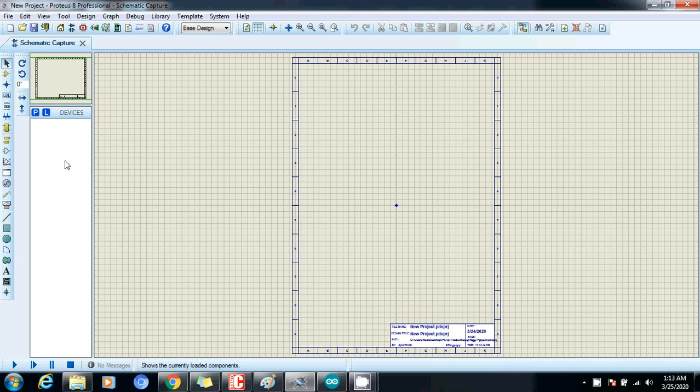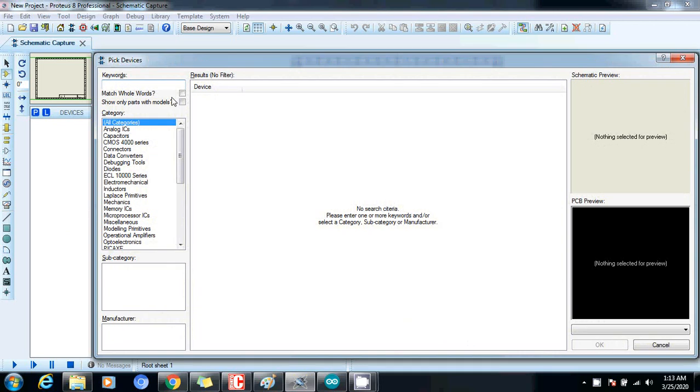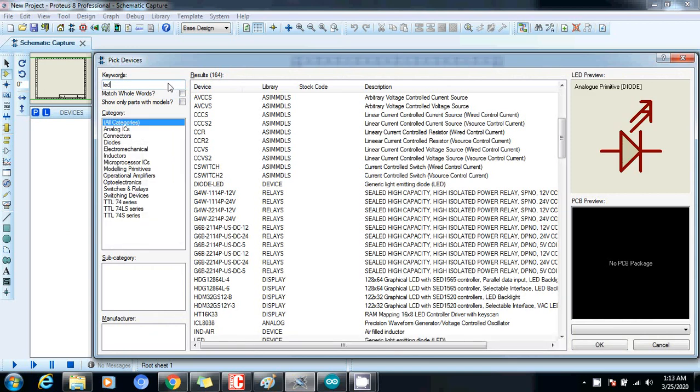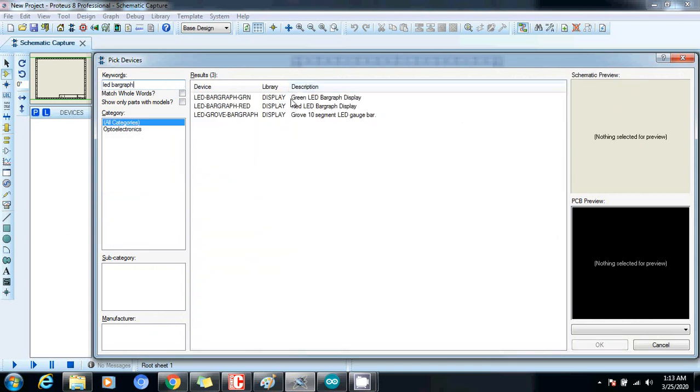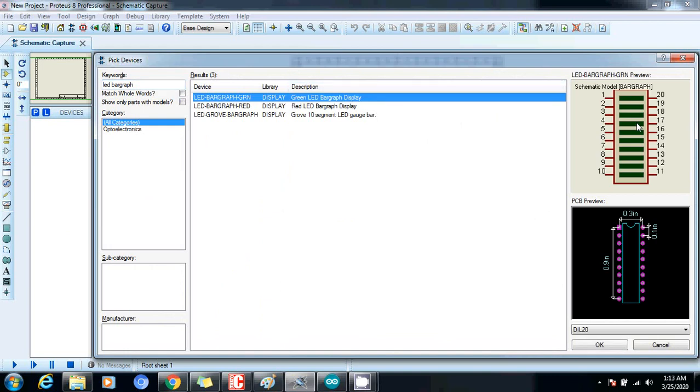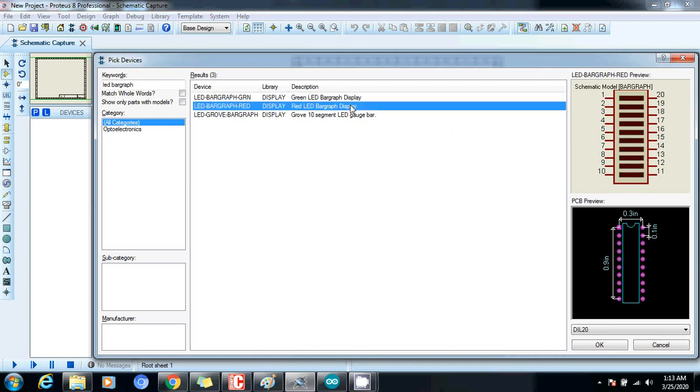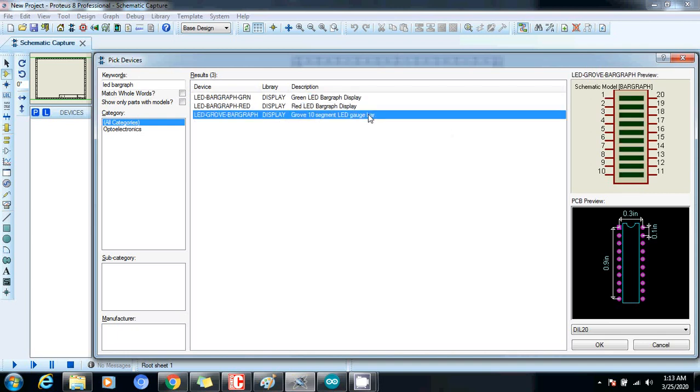Hello, today we are going to implement the LED bar graph with the PIC microcontroller. So let me just show you what an LED bar graph is. See here, as you can see, it is a device which has 10 LEDs. Okay, so let's just select any of these,